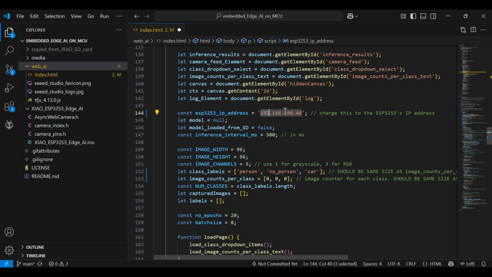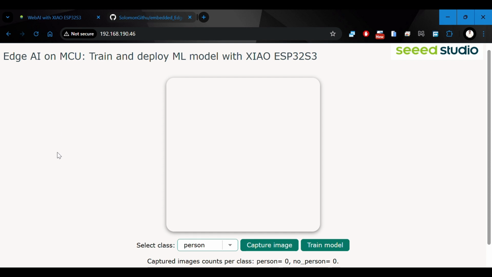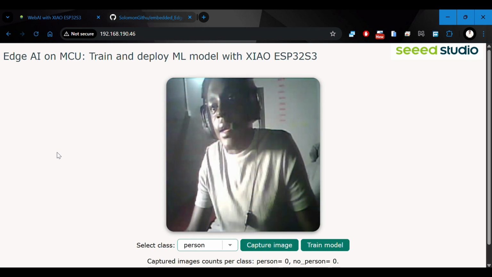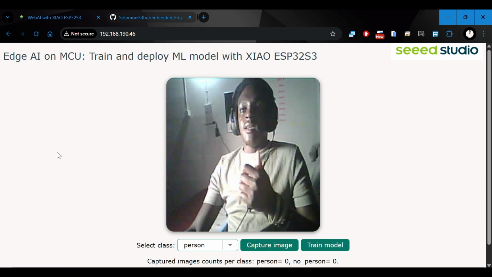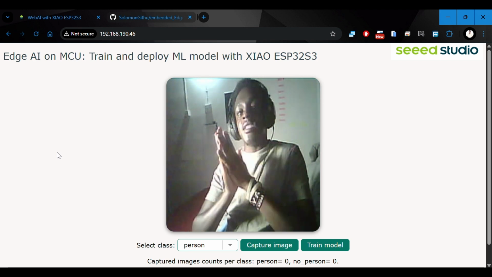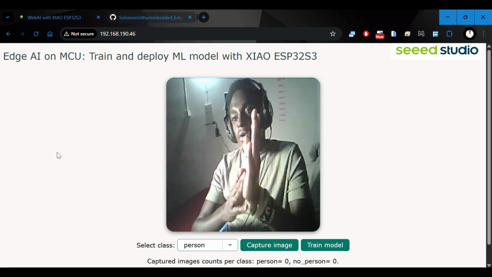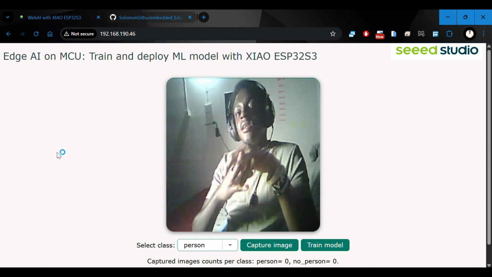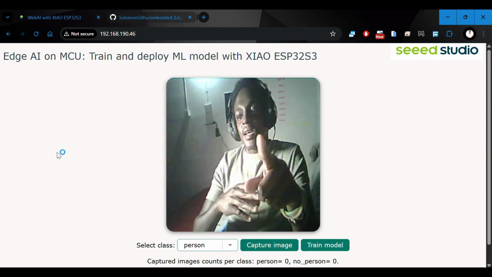Once you've pasted that IP address, you need to copy the web AI folder and paste it to an SD card and insert the SD card to the SD card interface of the XIAO ESP32S3 board. Once you have done that, you can open a web browser and you should see a web interface which is being streamed from the XIAO board, and the camera feed is coming from the onboard camera sensor of the XIAO